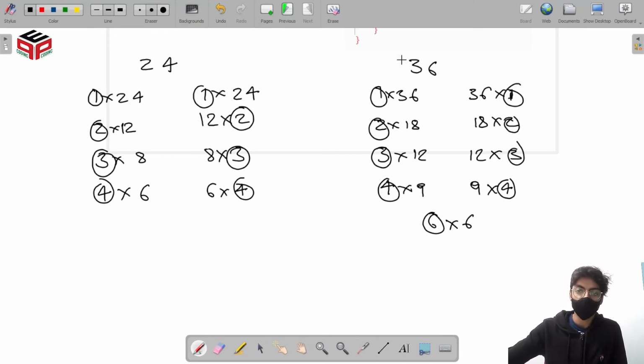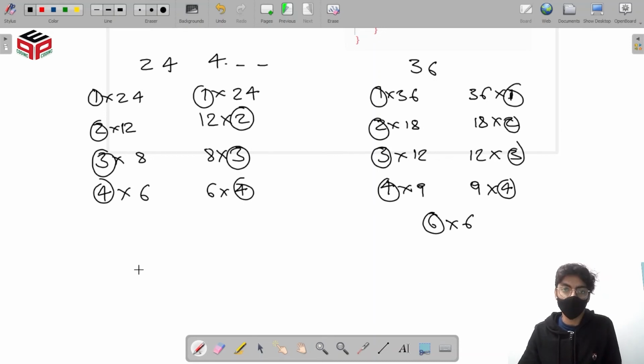36, the square root of which is 6. After that, we're not really finding a new factor for us, right? For 24, its square root will be somewhere around 4, it will be 4 point something. So after 4, we can't find a new factor. All the factors will be repeated. So the concept that we use here is that if we reach the square root of a number and we're not able to find a factor till that point other than 1, then that means the number is prime.